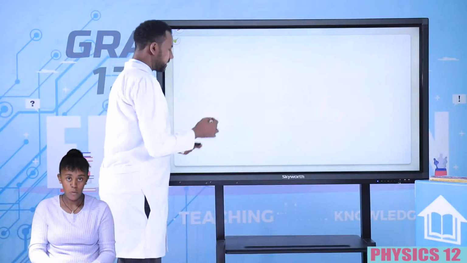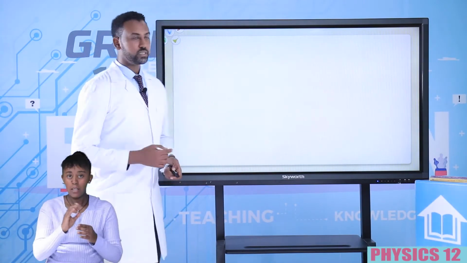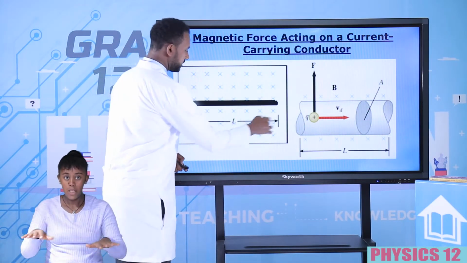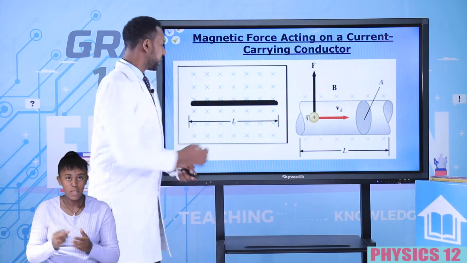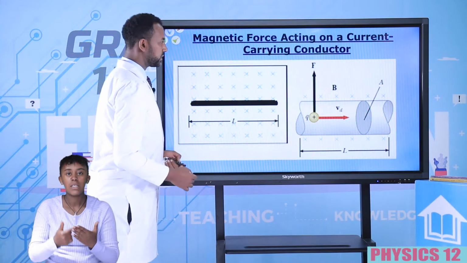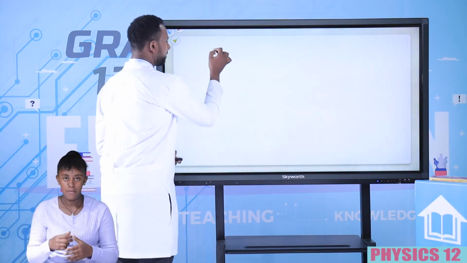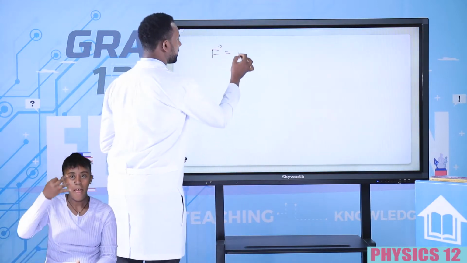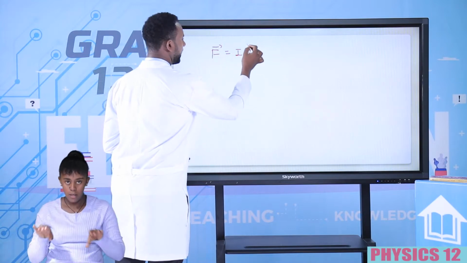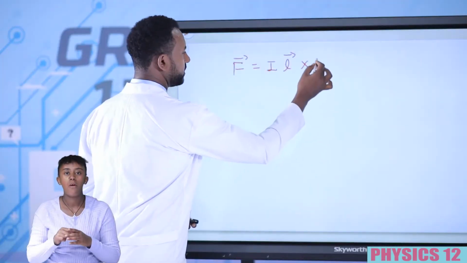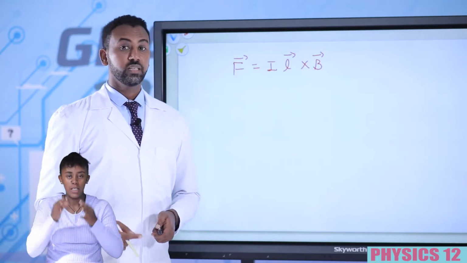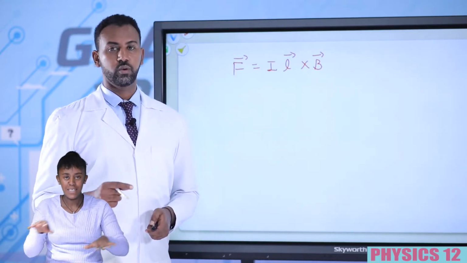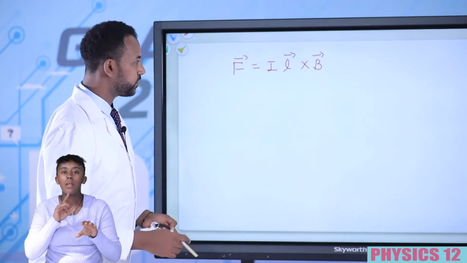Whenever a straight current carrying conductor is immersed into a uniform magnetic field, it's possible to determine the magnetic force exerted on this wire as F equals I L cross B. This is how we determine the magnetic force exerted on a straight current carrying conductor immersed into a uniform magnetic